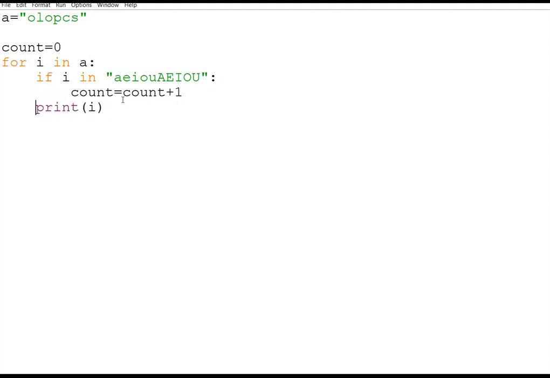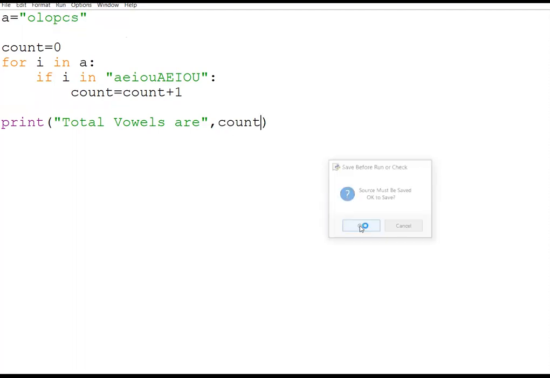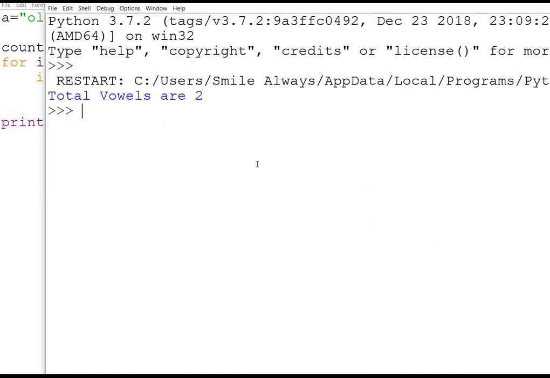That's it. And once I am out of the loop, I simply print the value of count. So total vowels are, and then I print the value of count. See why I'm explaining this? Because once you are able to traverse, it means you can fetch the information. It is given, see, total vowels are 2.